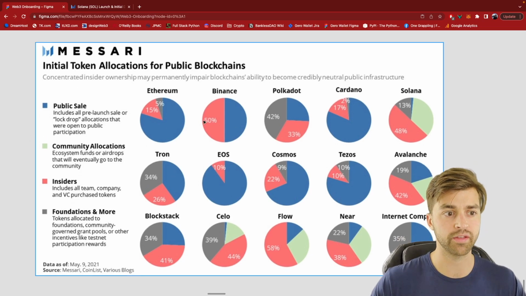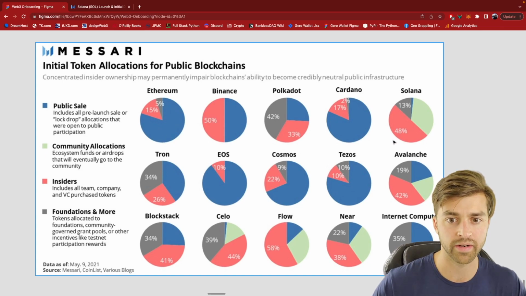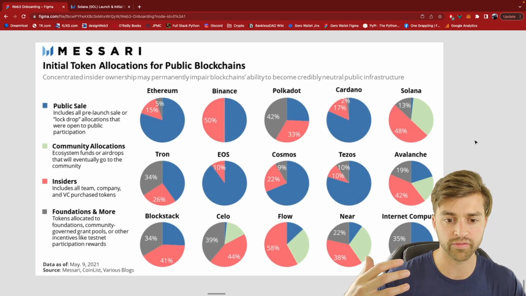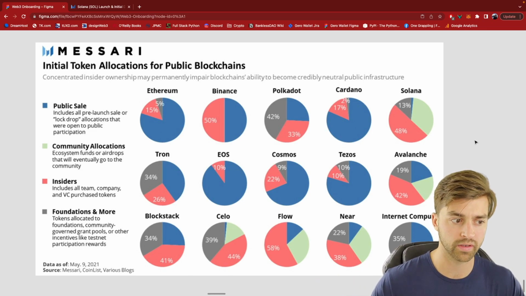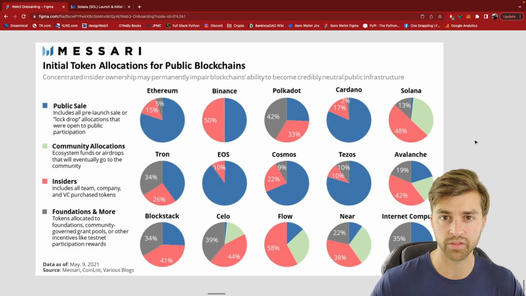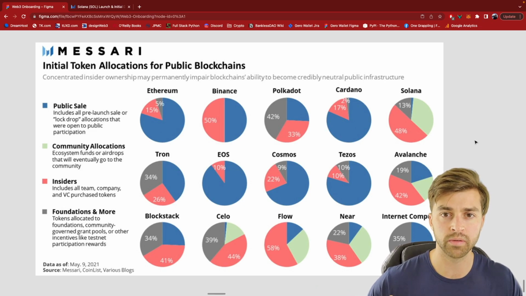Now, the Web3 ethos would say that the greater the portion of this blue region, the better, because it's allowing more of the public to get financially involved in this product, and it's going to decentralize the ownership of the crypto network. That's the Web3 ethos. I'm not trying to judge here. I think that this is all experimental, and it's difficult to say what is best at the end of the day in terms of creating a sustainable Web3 crypto network over decades. We simply don't know what that model looks like.